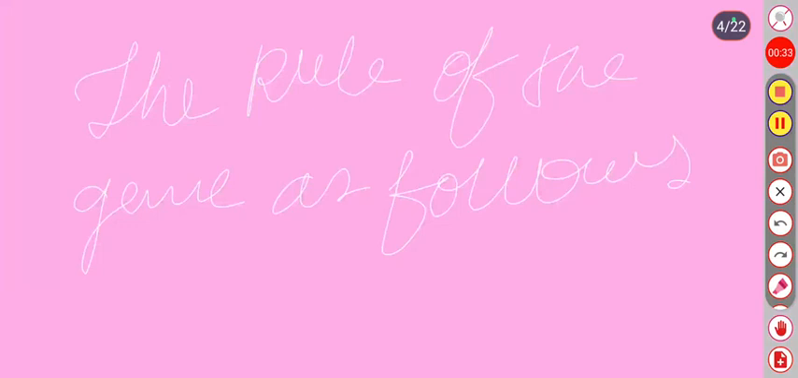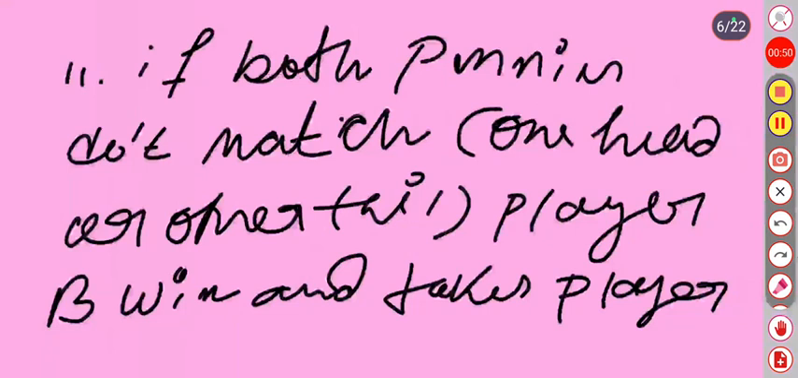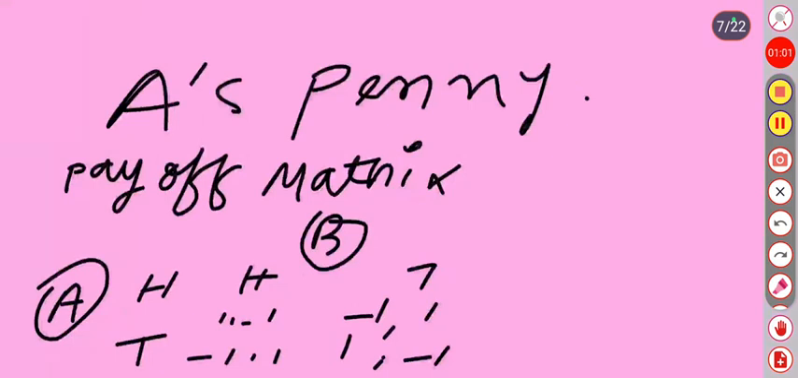The rule of the game is as follows: if both pennies match, like both heads or both tails, then player A wins and takes player B's penny. If both pennies do not match, that means one head and the other is tail, then player B wins and takes player A's penny. So the payoff matrix is